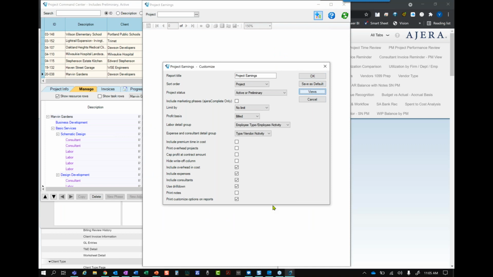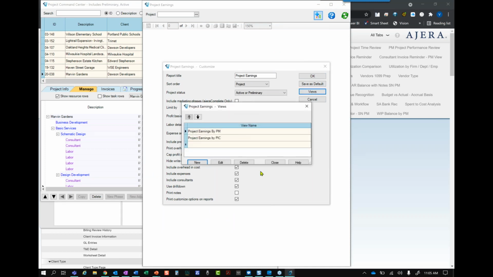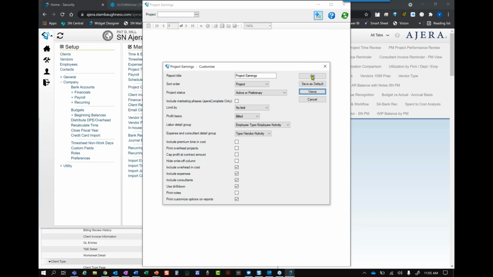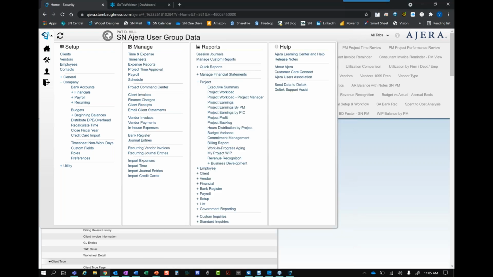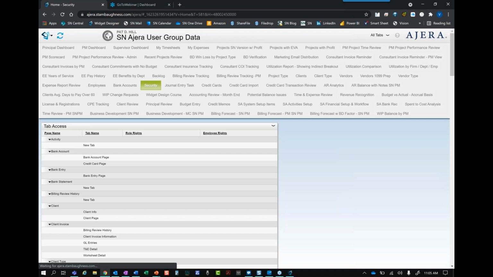And then we would go into our views. And then we're going to see our different views, and I can delete, and close and say, okay. Boom. And when I refresh, did I miss something? No, you're good. I was just going to say, yeah.